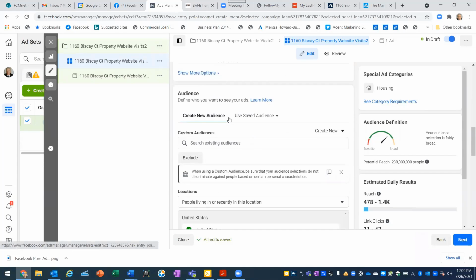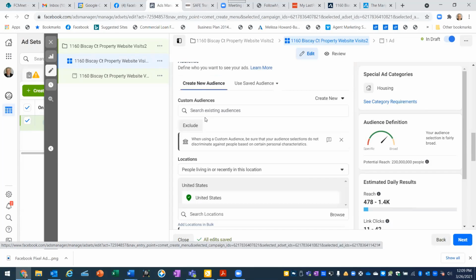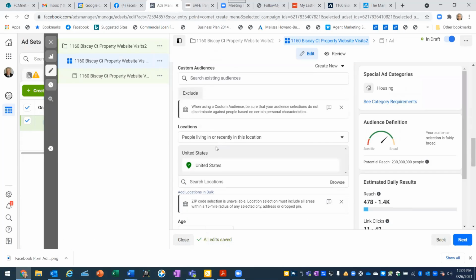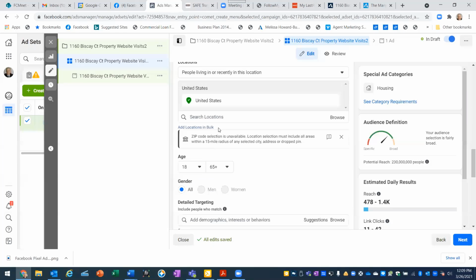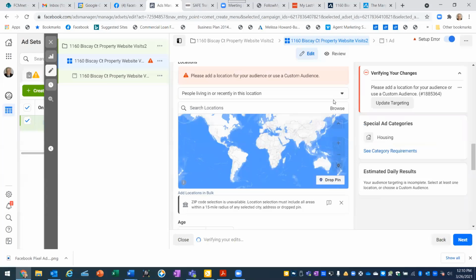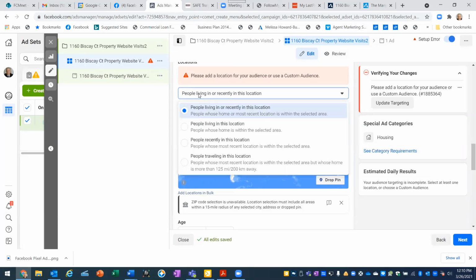Audience, are we creating a new audience or are we using a saved audience? Let's create a new audience. What I would be doing is looking at location. Again, the default within Facebook ads is the whole United States. Well, we don't want the whole United States. That means that's 230 million people that's in our pool. We're not trying to advertise to New Mexico. So let's X out of the United States and let's add